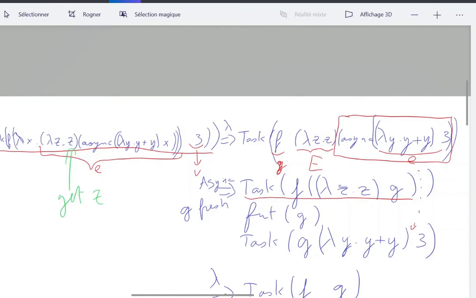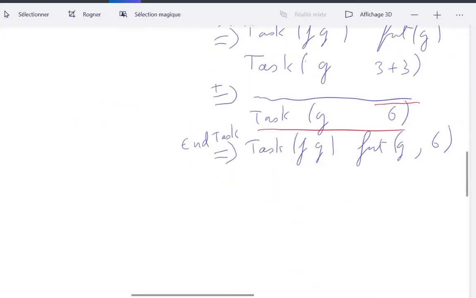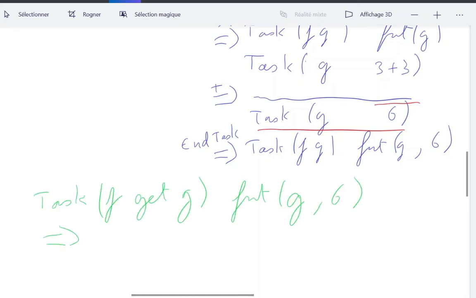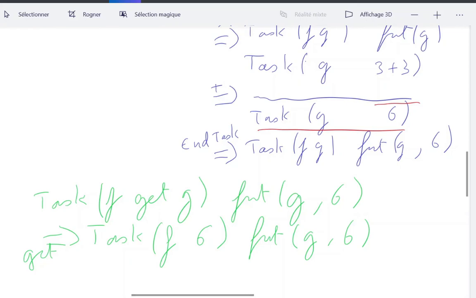And if it was the case, the other things would have been done the same way, but here I would have reached not this, but instead the configuration, and this would be reduced by the get rule into now 6 is computed for the task F. And the future G is still here because several tasks or several parts of the term could have a reference to the future G, so it should not be removed at all. And so that's it for this reduction.